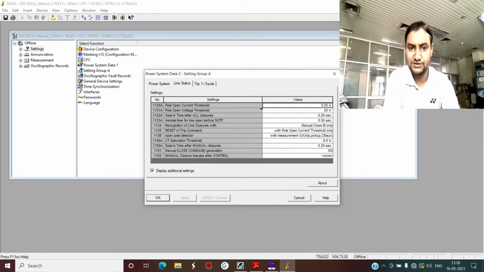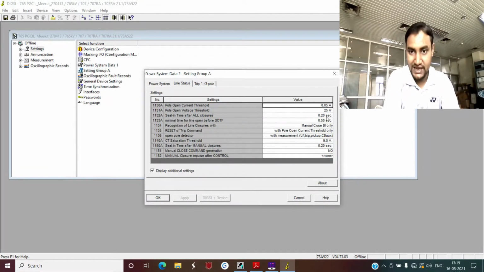Now what happens is that you are using your setting as 150 ampere for pole open current threshold. So once your current value comes down from 150 to 145 or 148, then your relay detects it as a pole open. That means it detects it as a line open condition. But suppose in the very next sample, this current value changes from 140 to 180. That means your protective relay now has to recognize this as a line closure. And that might create some problems, and we will discuss how this creates problems in later stages.